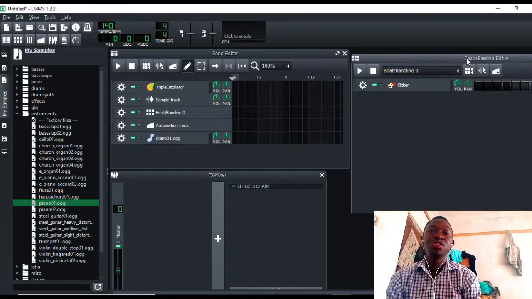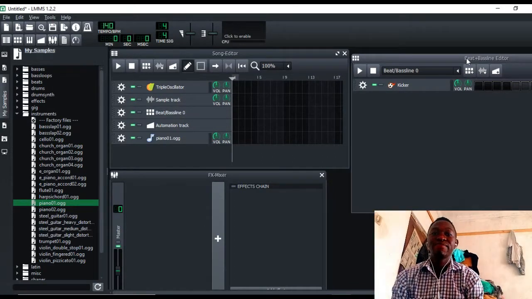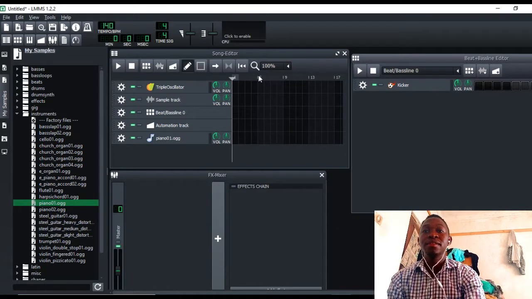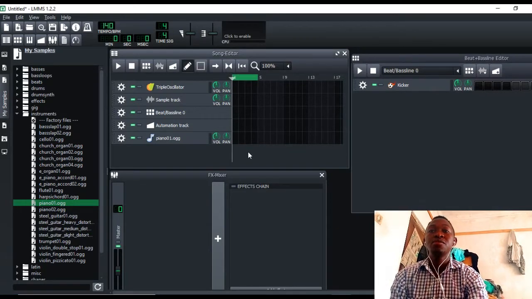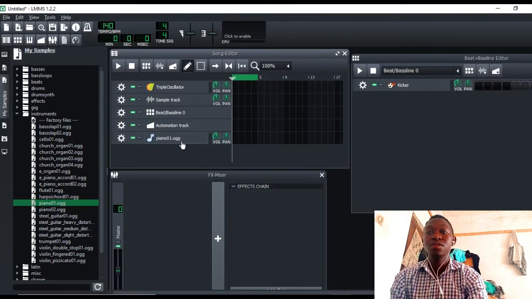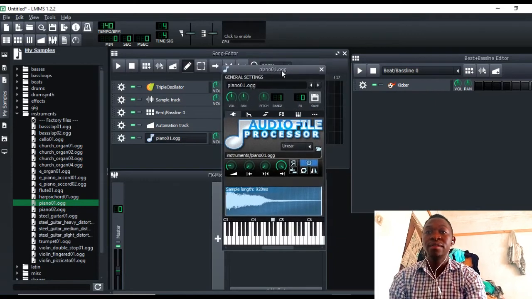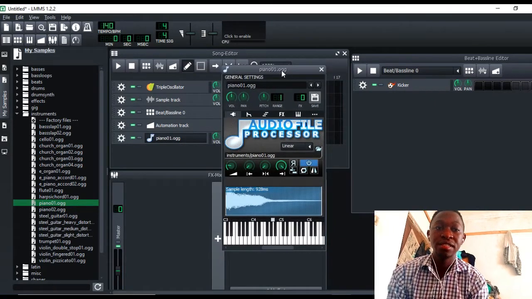And if you wanted to change some stuff, it affects things in some way. You're not supposed to edit instruments there. It's for drums basically. That's what I can say. So for the piano sample, when you click into the audio processor, you can really change a lot of